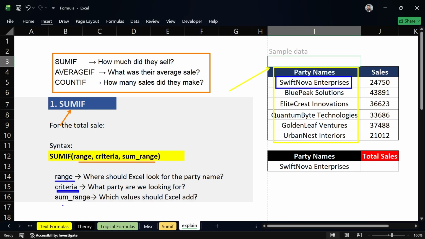And lastly, we have the sum range. It says which values should Excel add. Basically, here we are adding the data on the basis of some criteria, and that criteria is Nova Enterprises. Okay, so it is asking what are the values which Excel should add. So we will look for those values in this sales column. Okay, because for every party, here in the cell, Nova's first sale was